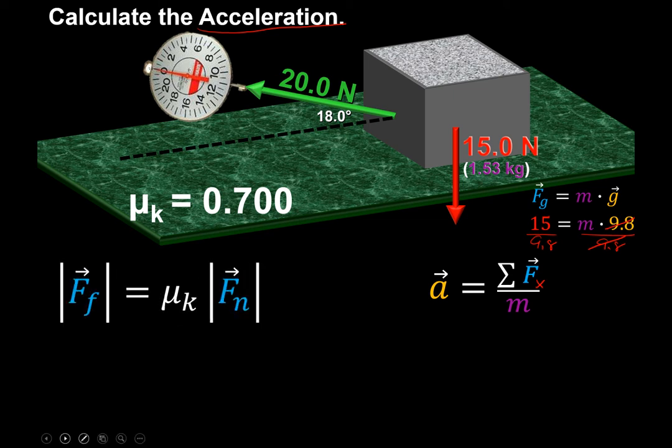Now, our force of friction. Now, it is accelerating, so therefore it's moving. So we need to find the kinetic. And also, again, I gave you the coefficient for kinetic friction, but you need to figure out your kinetic friction. So in this case, it's not on an incline, but our force of normal is going to be a little bit harder to solve for,